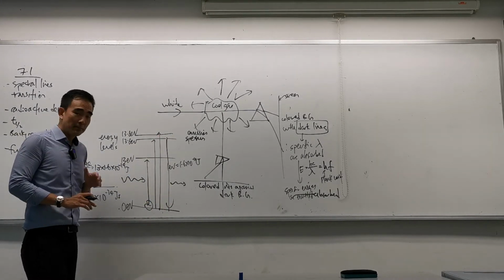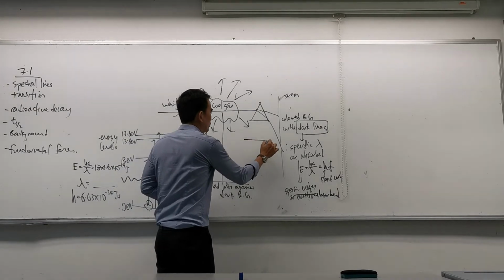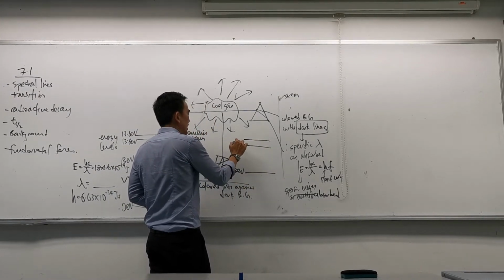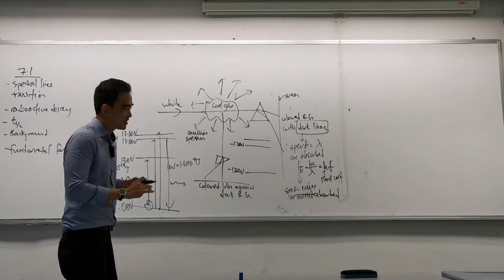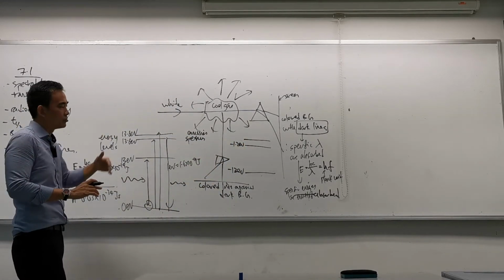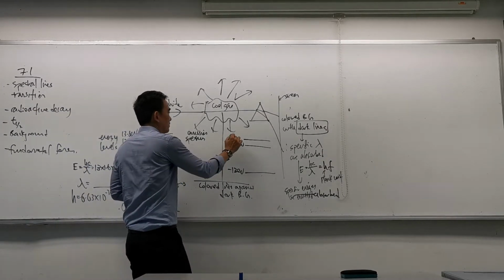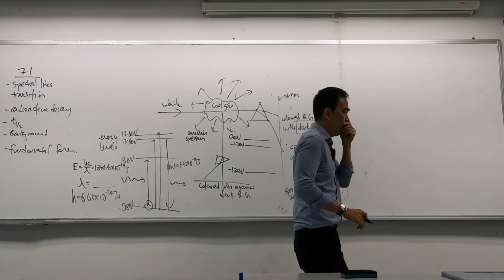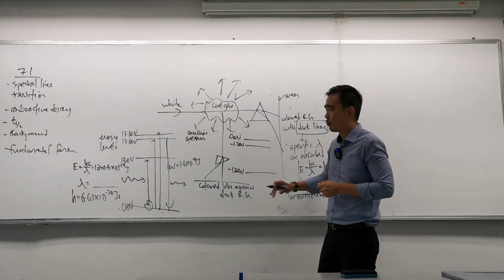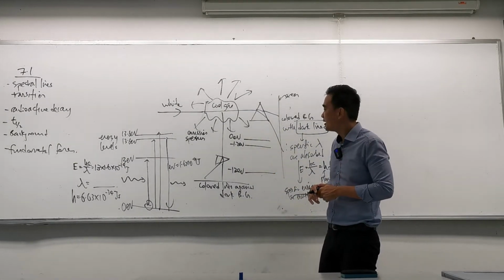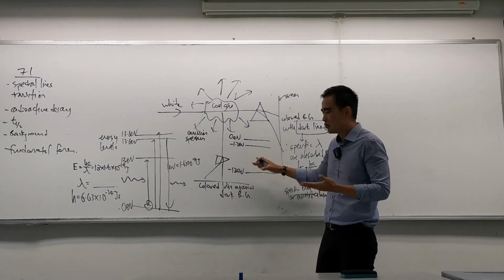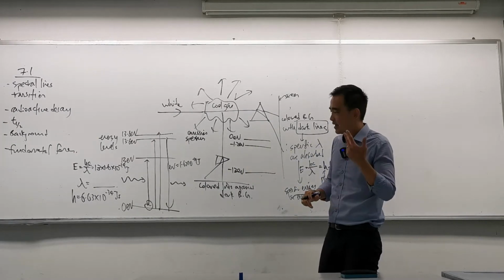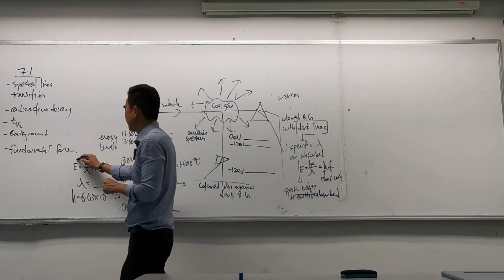Sometimes they may actually give you the energy levels in negative values. So say, for example, this is negative 13 eV, this is negative 1.2 eV. It's just the reference values that they use. They probably use, in the question, the energy at infinity as 0. So anything that is lower will have a negative energy. And what you need to do is exactly the same. All you need to do is take the higher energy value minus the lower energy value, and you end up with a positive E over here.